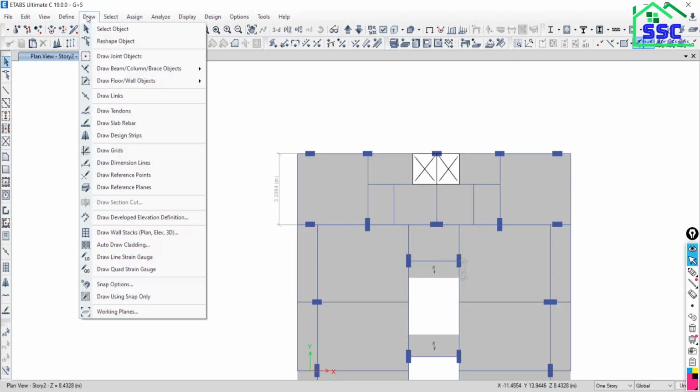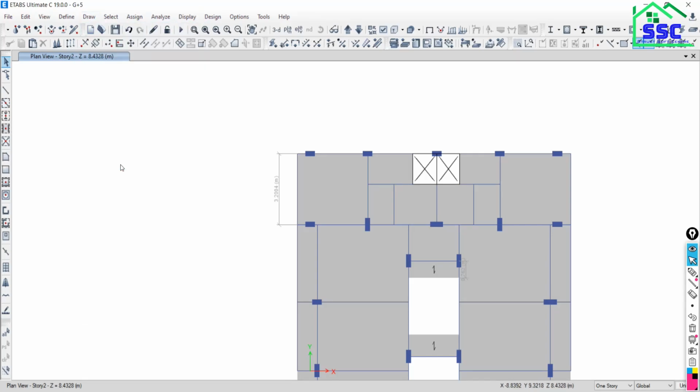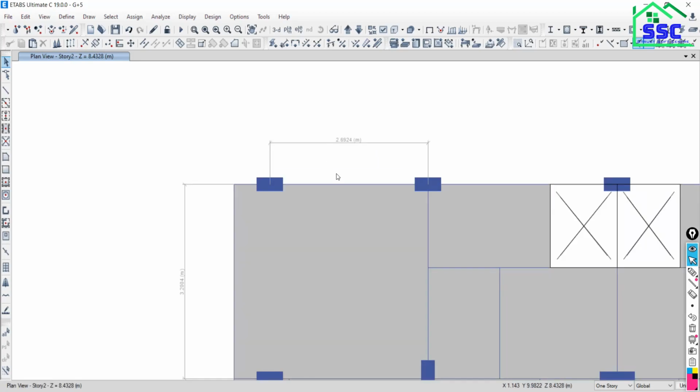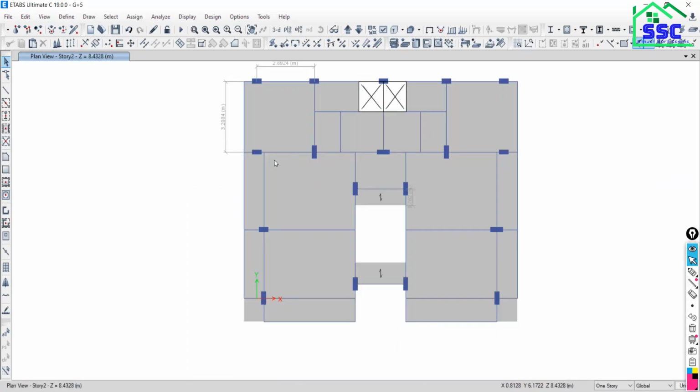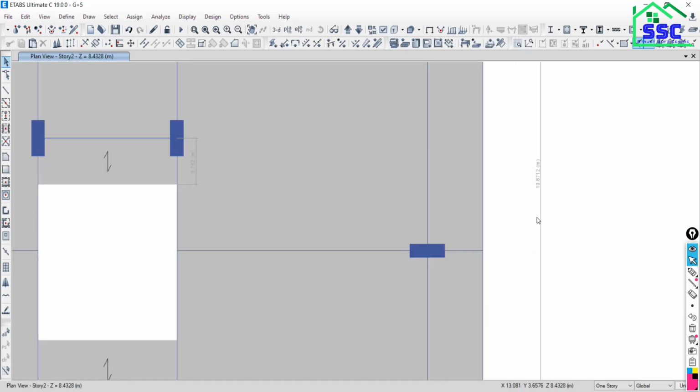Again go to draw dimension lines, click over that, just close this, and from this first point freely move to the next point and take the cursor here. So you will get the distance between 2 points. So by this option you can easily see the distance of any line, distance between any 2 points. I would like to see what is the total length from this point to this point, so that also you can do. Is that clear?